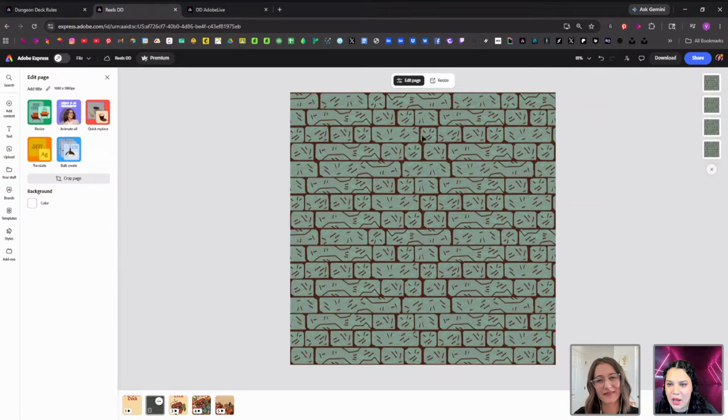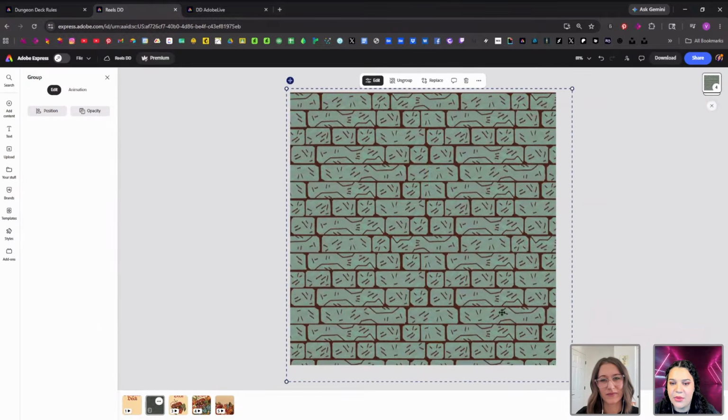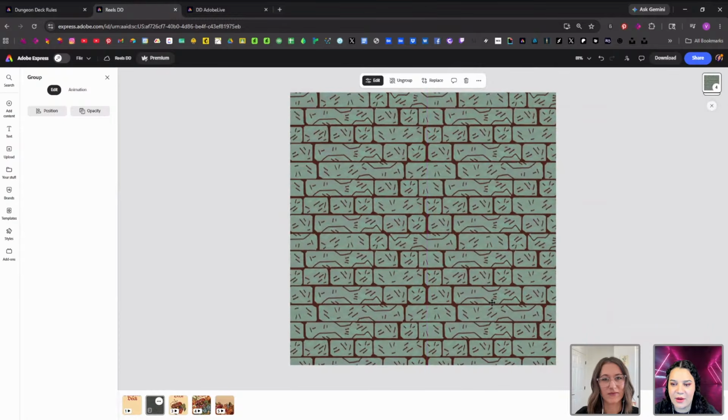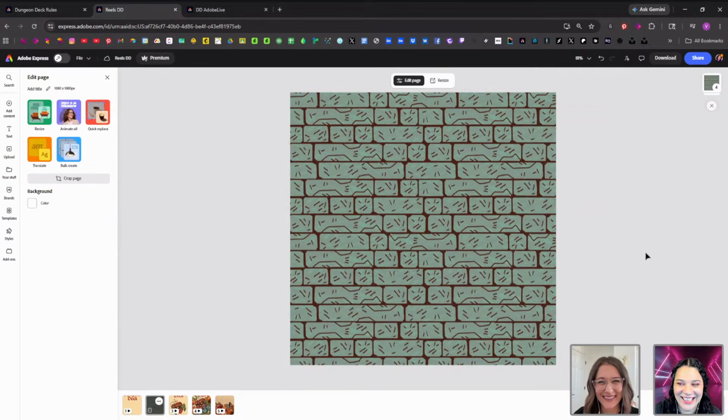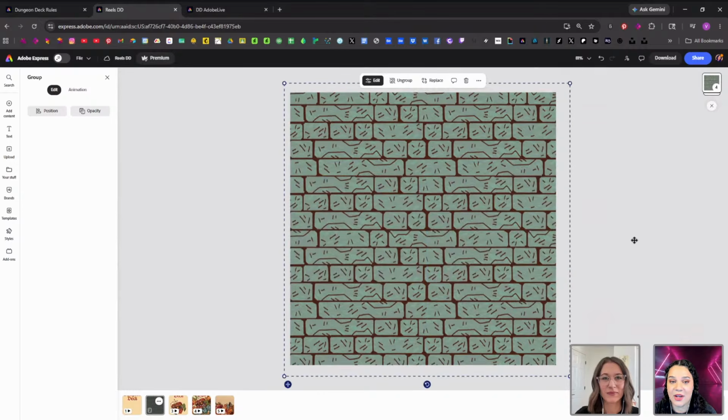And let's go ahead and group these all together. Something that Express has right now that I have been waiting eons for, that I'm super excited about, is that you can multi-select all of your layers by holding shift or command, I think now. I don't know if that's a new thing or not, but yes, thank you.